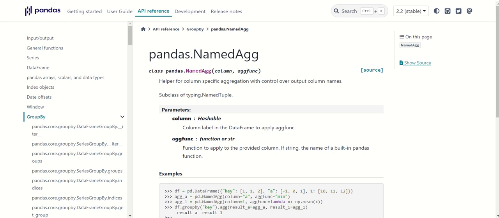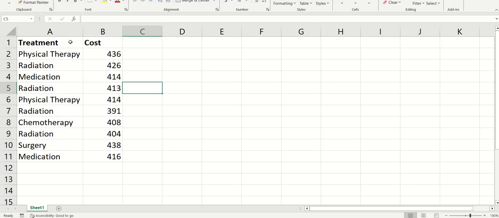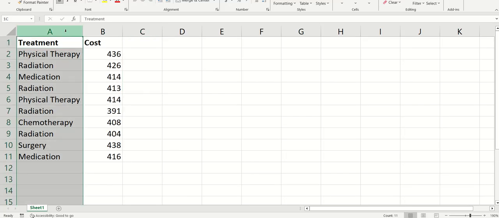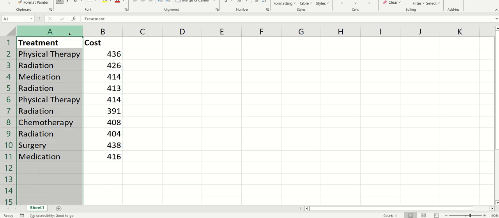Welcome back. In this video, I'm going to show you how to use the named agg method in Pandas. So let's go over an example and the specific use case. I have some data here, treatments and their associated costs. What we're going to do is group by the column treatment and add up all the costs. We're going to do it the typical way that I do it, and then I'm going to show you the new